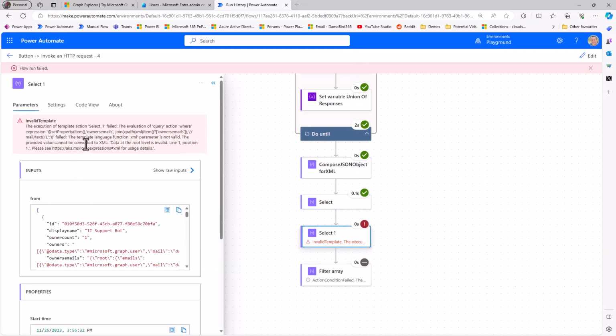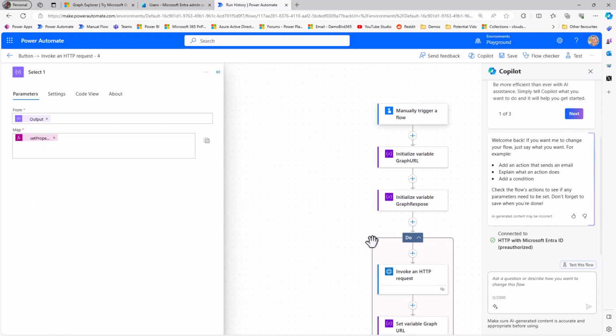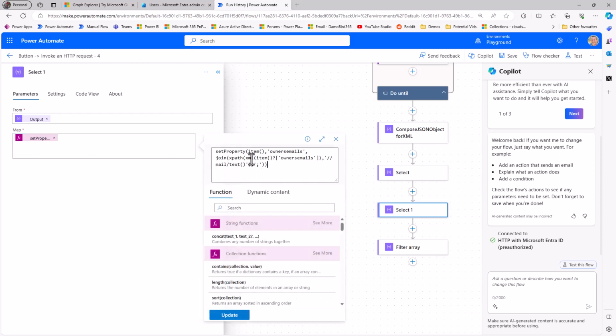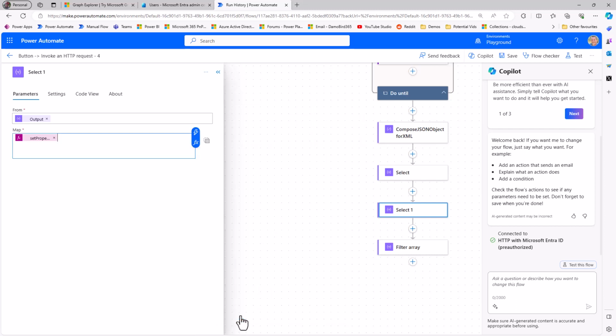So if you're building this in classic, the expression I just demonstrated will work. If you're building it in the new designer, unless there's been a bug fix or a change to be on parity with the classic, you need to make a change to the expression, and I'll show that to you now. So into the editor, if we jump down into our select, pop open that set property expression, basically this value here, this item owner's email, is currently returning as a string. And so this could apply potentially to a third-party system. You need to convert it into JSON and validate it. You can wrap that in the expression JSON like so, and update it, and that will turn the stringified value